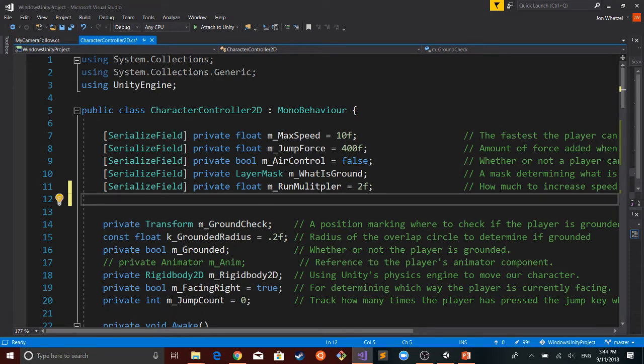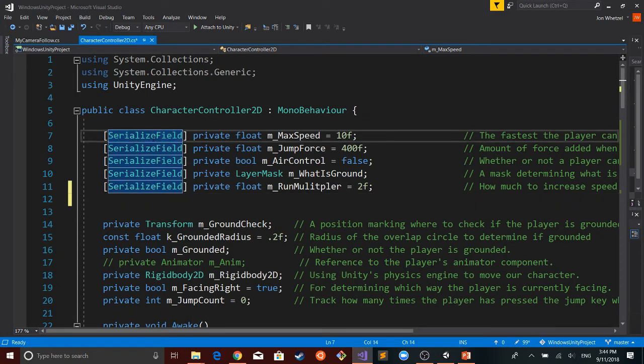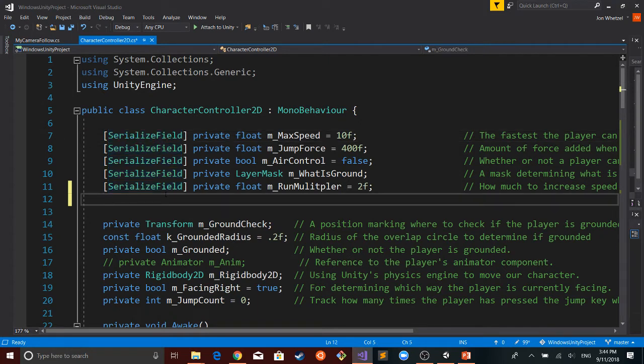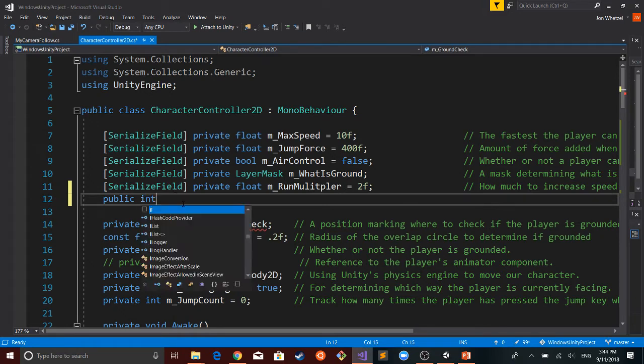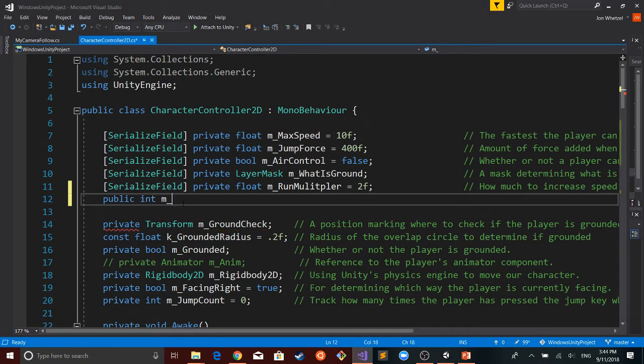Even though these are identified as private, you're able to see them within the editor because it has this tag associated with it, this serialized field. But just for the sake of simplicity, I'm just going to name this public int, and I'm going to call it, say, maximum jump count.